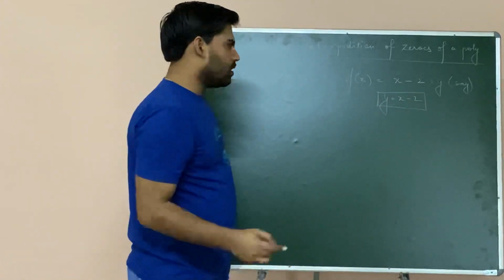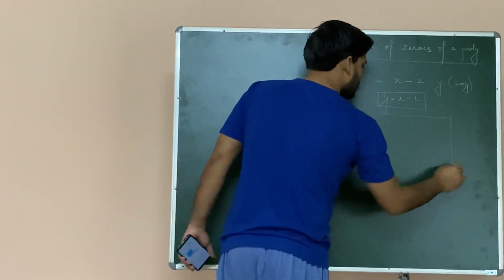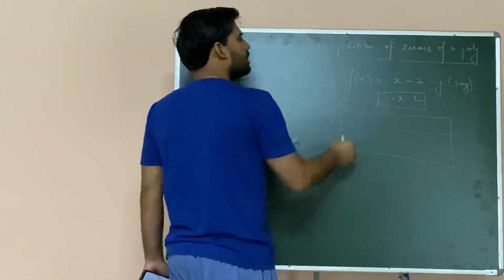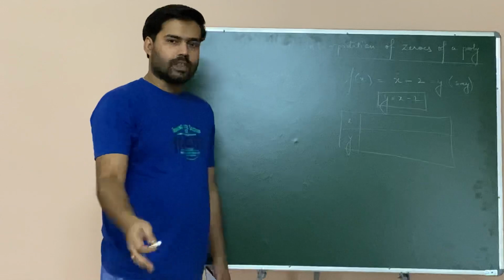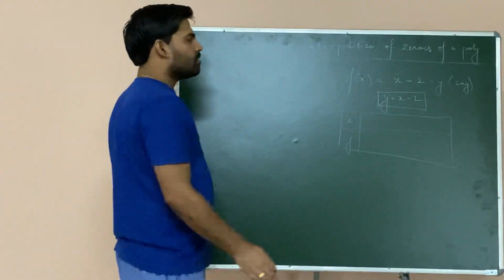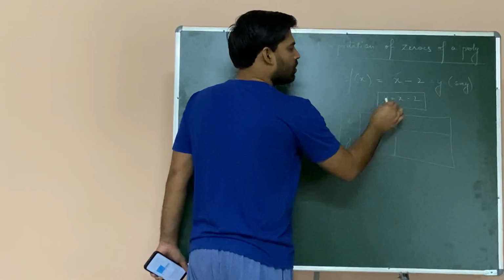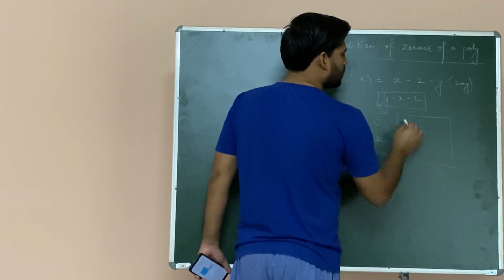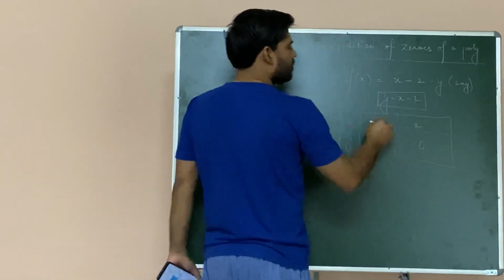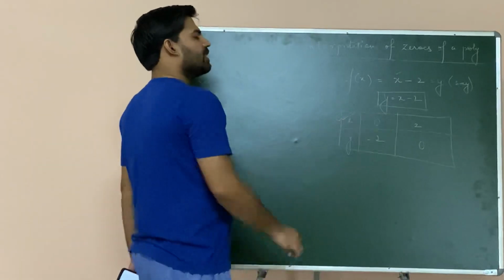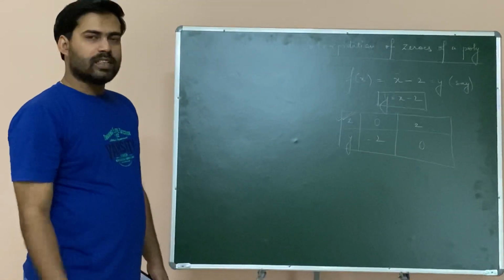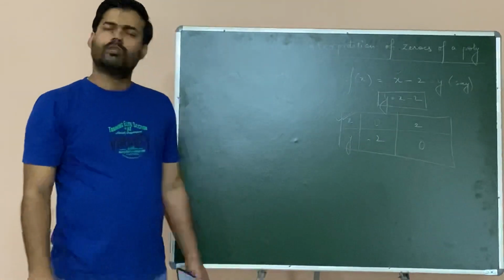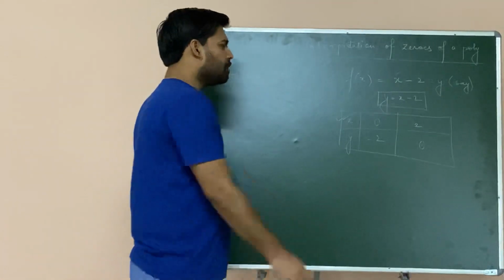Now what will you do? You will make a table, the same thing that you have done in class 9. You will try to put various values of x and y, either x or y, any one of them. Suppose I put x = 0, then y = -2. If I put x = 2, then y = 2 - 2 = 0. So the values of x that you have plotted are 0 and 2. You did this in class 9. Is there any specific rule that only these particular values are to be put? No, there is no such rule. You can put any real value of x or any real value of y.